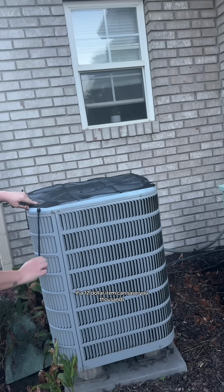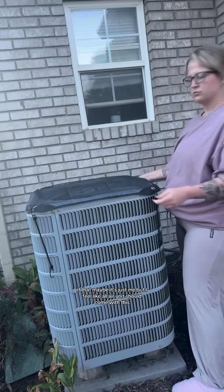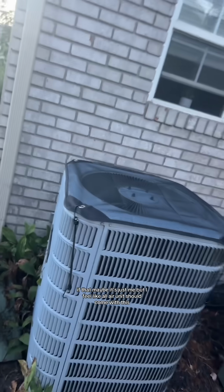If a $12 item can save you thousands, that is a no-brainer, and it took me like 30 seconds to put on, if that. Maybe it's just me, but I feel like all air units should come with this,